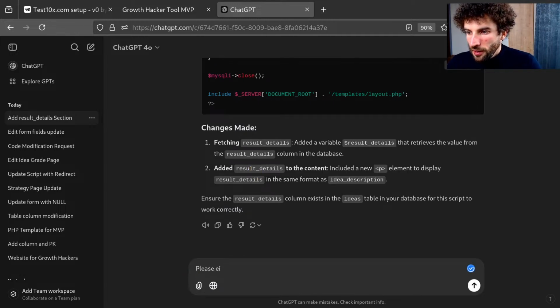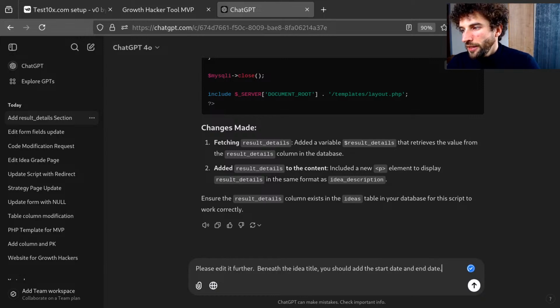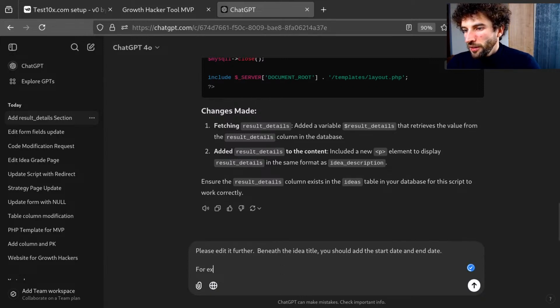Please edit it further. Beneath the idea title, you should add the start date and end date. For example,